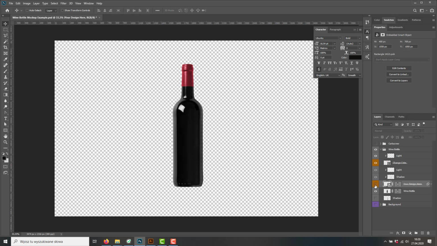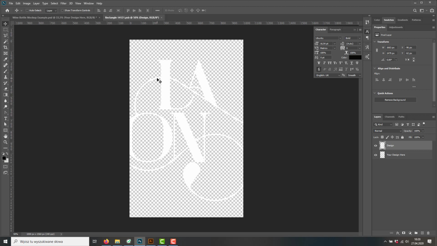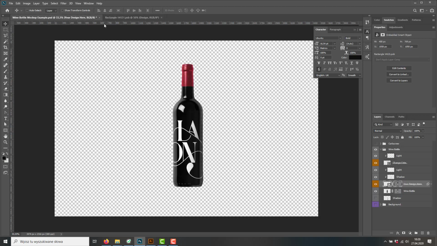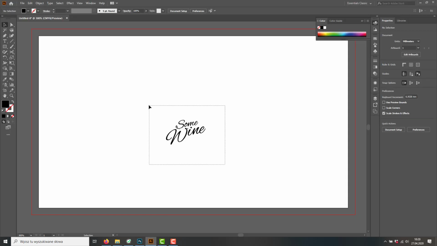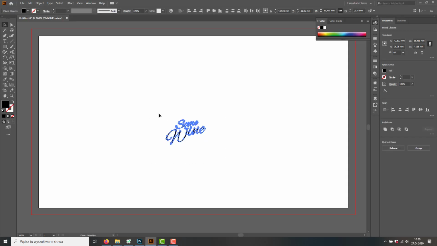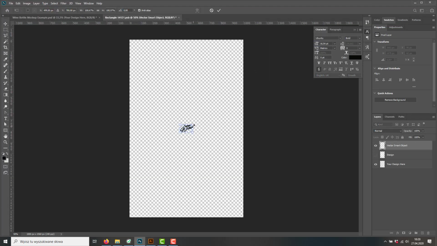So if I turn on and off, I actually know that this is the layer. By this icon I know that this is vectors, that this is a smart object. So if I double click, I would open the file that is inside the mockup. And we can barely see, but we can see that there is the logo. So I will turn off the logo and I will put my own. I will select my logo, click Ctrl C, click Ctrl V, paste it to